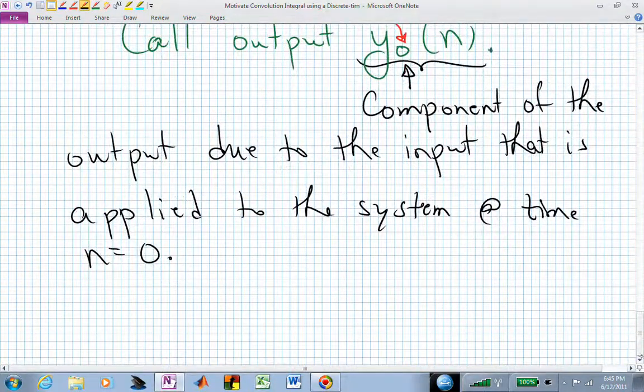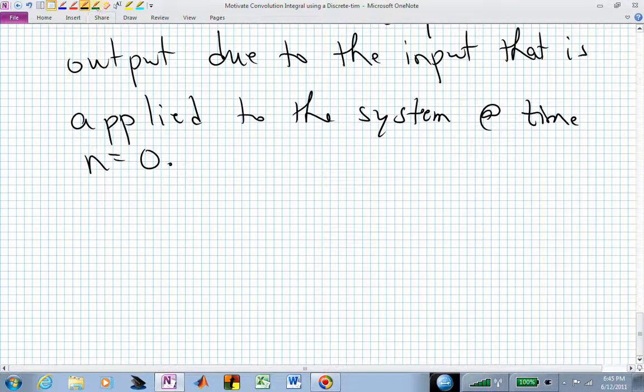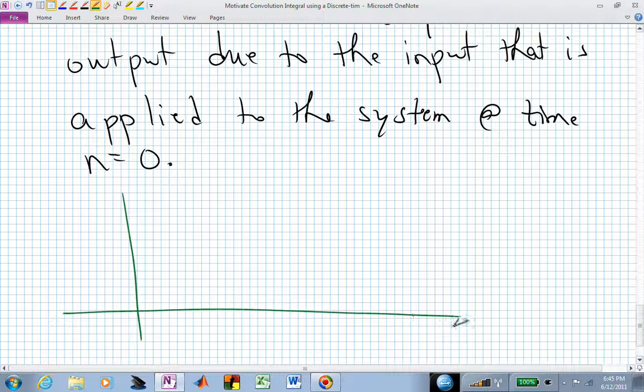Let's now sketch or draw that particular response. We now are saying that we have, due to the input applied at time n equals 0, we are going to create